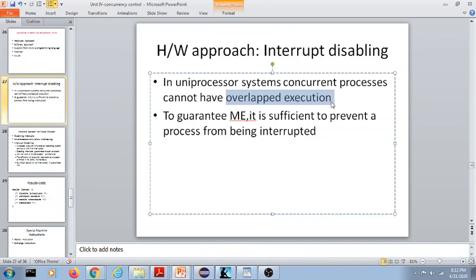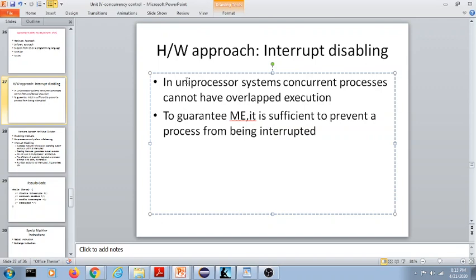Suppose you have a single core CPU. If there are multiple processes being executed by your CPU, what will your CPU do? It will not do concurrent execution of all those processes. What will be done is an interleaved fashion of execution. That means if process 1 is done in 7 nanoseconds, after 7 nanoseconds it will take process 2. After 7 more nanoseconds, it will take process 3 in a round robin fashion. That depends on your kernel CPU scheduling algorithms. So in a uniprocessor system, concurrency is nothing but your single processor executing different processes in an interleaved manner. There is no overlapped execution.